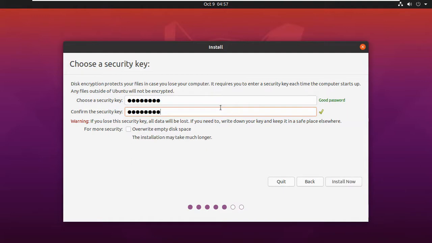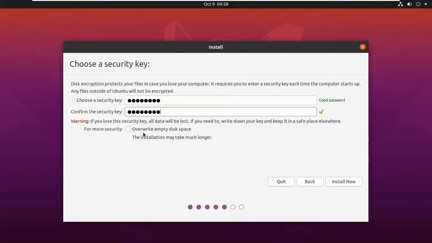Okay, so now it is done, and it is telling you that it requires you to enter a security key each time the computer starts up. If this computer is stolen by someone and he powers on the system, he will have to use this key.